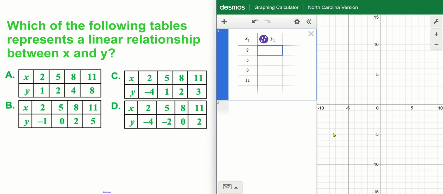For A, my y values are 1, 2, 4, and 8. When I zoom out, you should be able to see how the dots make a pattern. If you ever cannot tell by just looking at the dots,